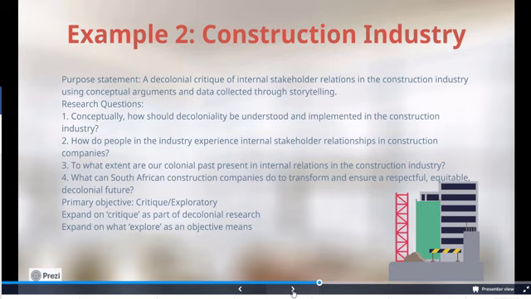industry using conceptual arguments and data collected through storytelling. Now, can you see that not all 5 of the criteria are there? That is a little bit off the beaten track, because, for instance, one thing I left out on purpose here is the idea of whether it's cross-sectional or longitudinal. Now, that differentiation is something that's important in many studies, but because decoloniality is specifically about also remembering the past in the research you do now, it kind of blurs the line between what is cross-sectional, in other words, at